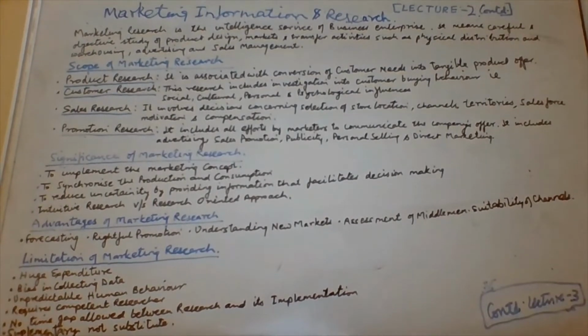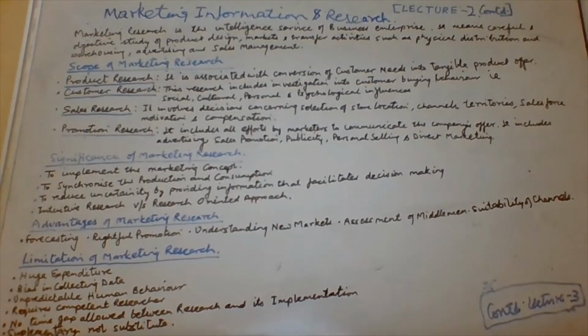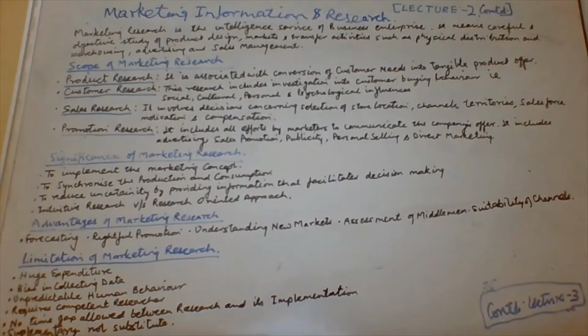So when we talk about the marketing concept, it is a customer oriented concept. That is, when the marketing manager thinks that the very purpose of any business organization should be the customers. So the customers are at the very first and at the very last stage of the whole marketing process. So this is what is meant by the marketing concept. So it cannot claim to be customer oriented without the performance of the marketing research function.